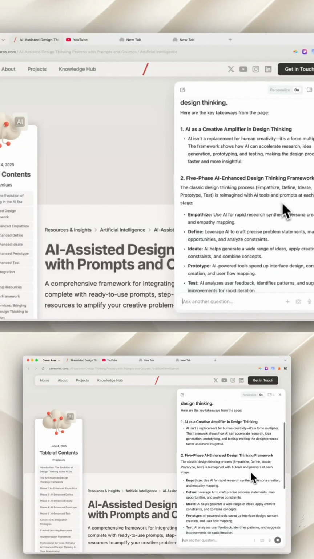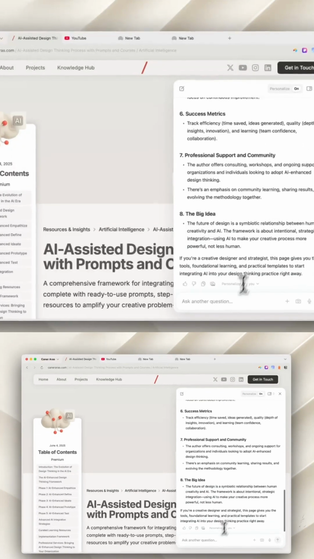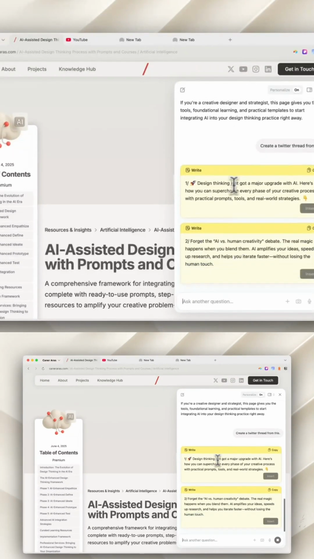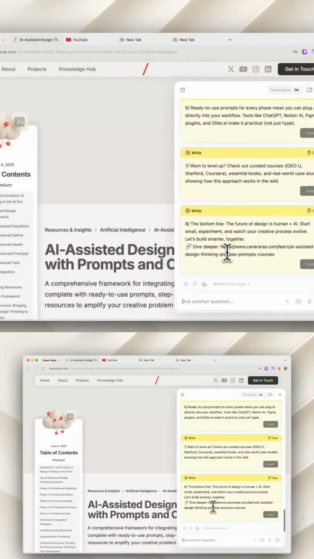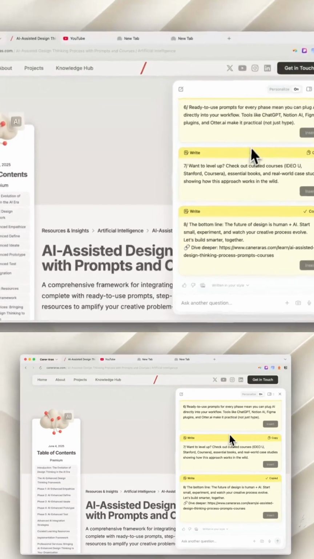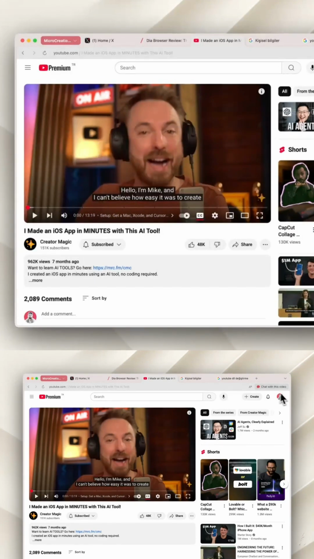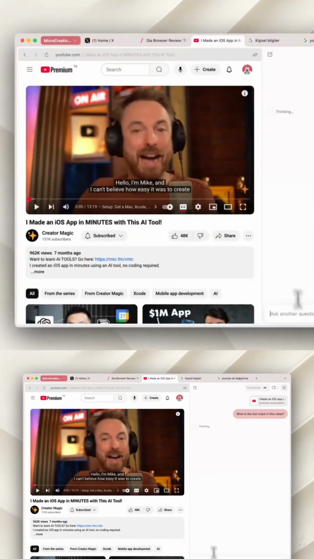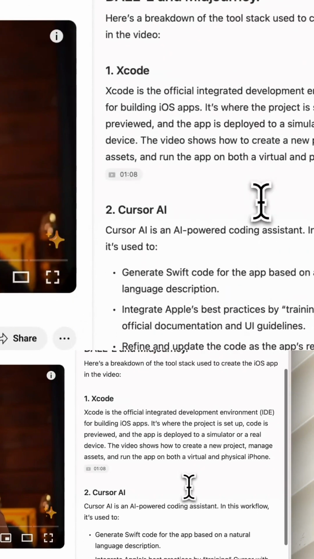Dia isn't just another browser with AI sprinkled on top. It's designed from the ground up with AI at the core. The magic starts in the URL bar. That's where your AI assistant lives. Unlike Chrome or Safari, the assistant isn't a side feature. It's built into every action. It learns how you write, what you're working on, and can carry context across tabs. This means when you're writing an email, summarizing an article, or doing research across 10 open tabs, Dia just gets